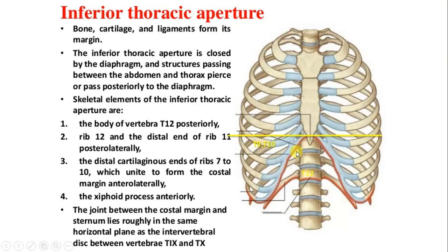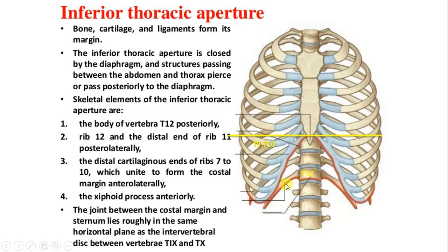So if you see in this slide, the bone, cartilage, ligament at the margin, this is the costal margin. The inferior thoracic aperture is closed by the diaphragm. The structures passing between the abdomen and thorax pierce or pass posterior to the diaphragm. Skeletal elements: the body of the 12th vertebra will be posterior, with rib 12